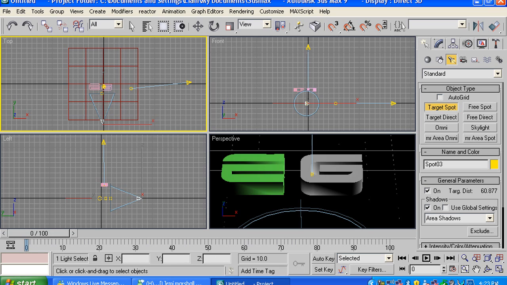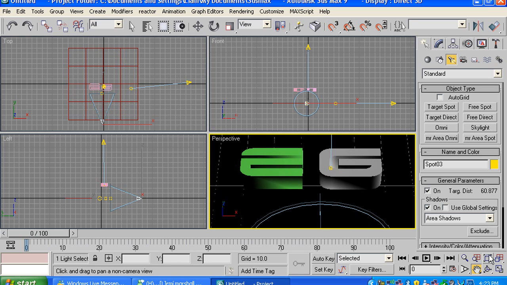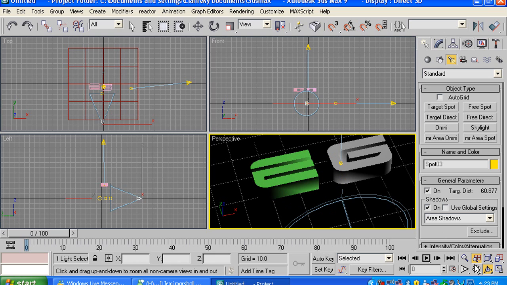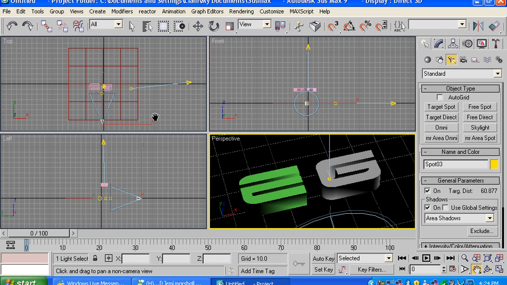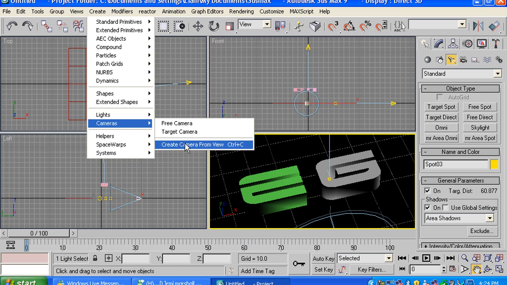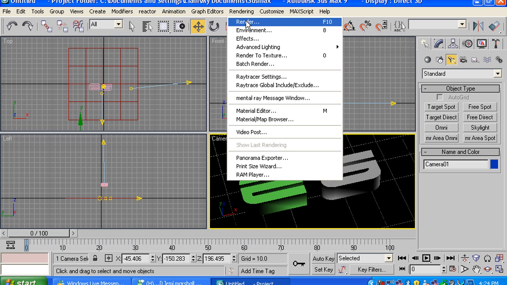It'll look there. And to make it just a bitmap or a YouTube picture or avatar, whatever you may call it, just make it a camera, so an angle that you want it at. So I'm going to put it like slanted. Like that. And then go on create cameras, create camera from view, and if that doesn't come up, you have to click on perspective, and then once you've done that, click rendering, render,